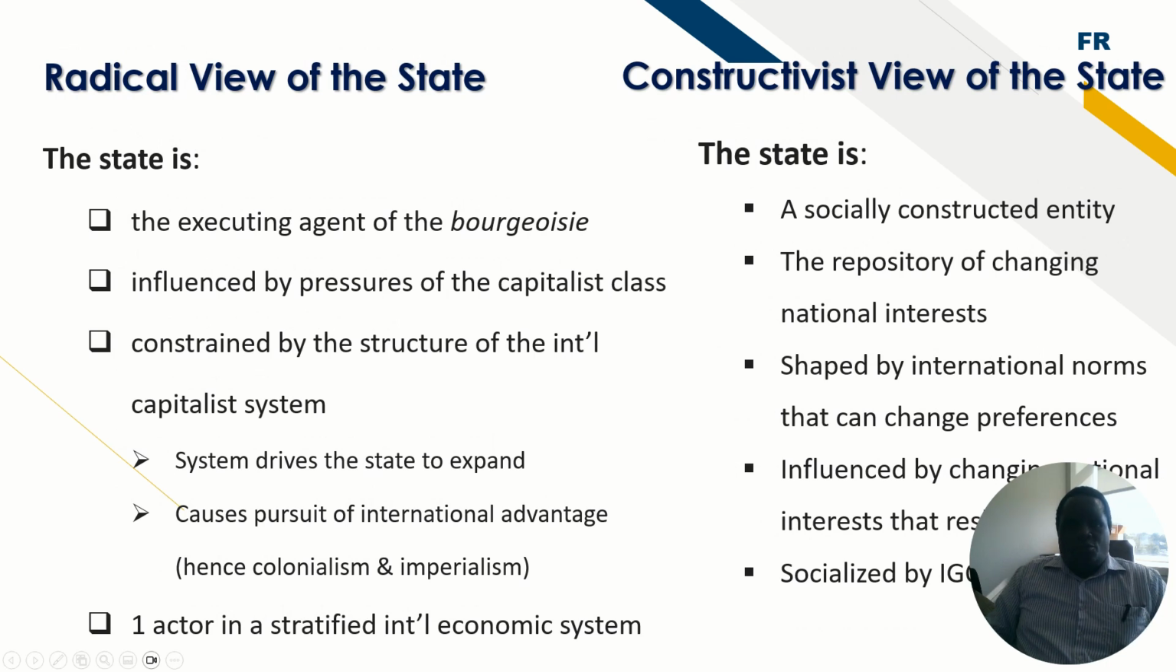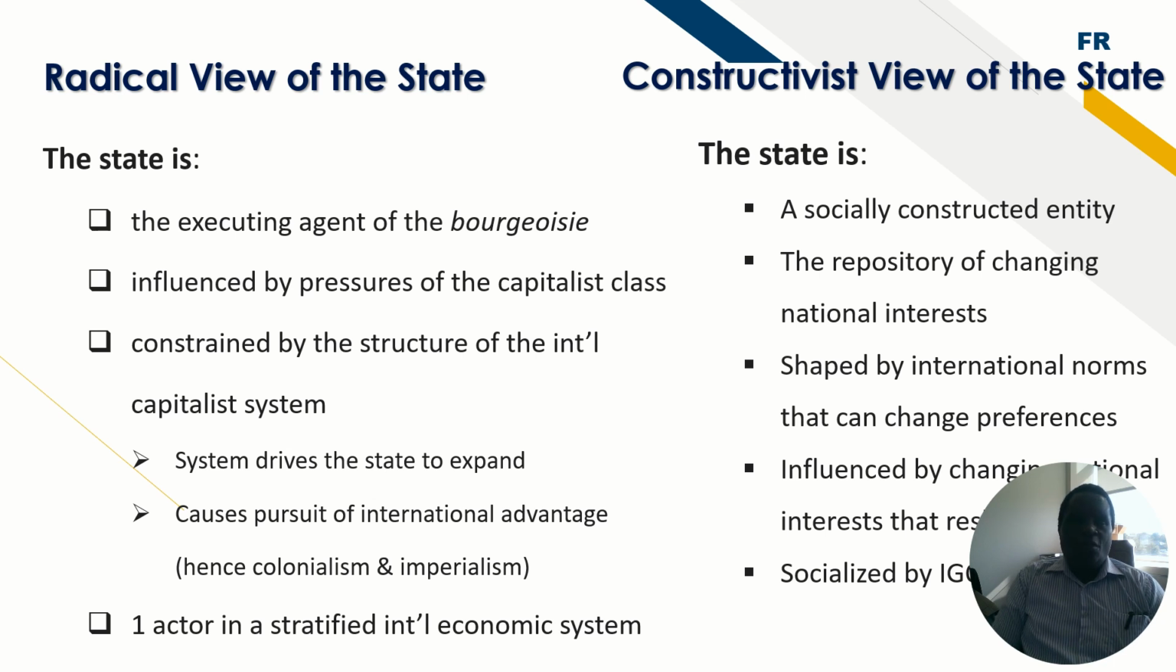The radical view of the state is that it is the executing agent of the bourgeoisie. So again, the radical view stems from Marxism, and so this has something to do with the bourgeoisie and the proletariat. And so the state is influenced by the pressures of the capitalist class, even though it is also constrained by the structure of the international capitalist system. So in the pursuit of resources for the bourgeoisie class, the state can seek to expand,